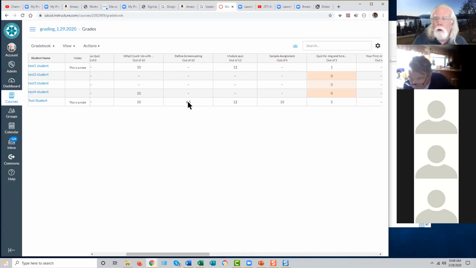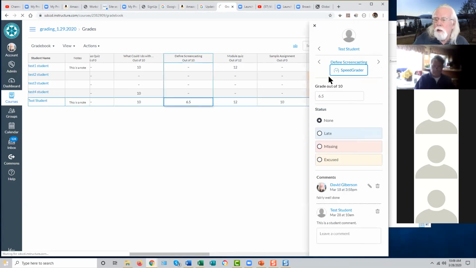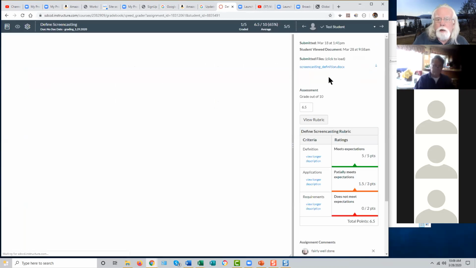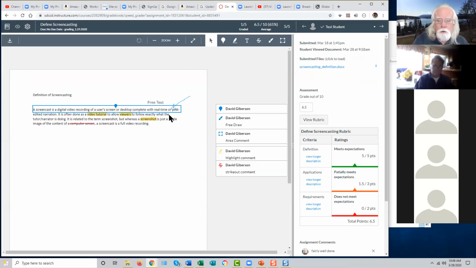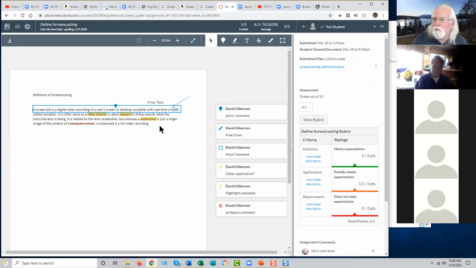There it is. Now this is one that did display in the Speedgrader, but let's say you get to the Speedgrader and you look over here and there's nothing, or it says this file can't be displayed. There will be a download link for the submission file over here in the right-hand column of the Speedgrader